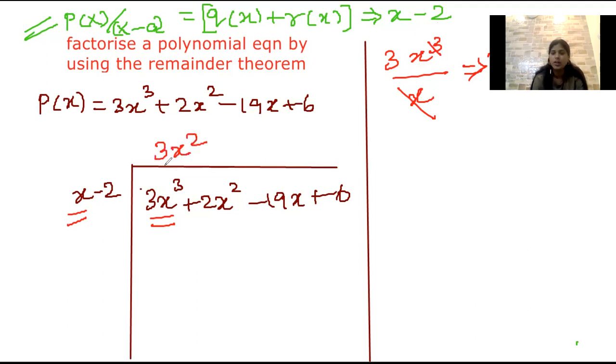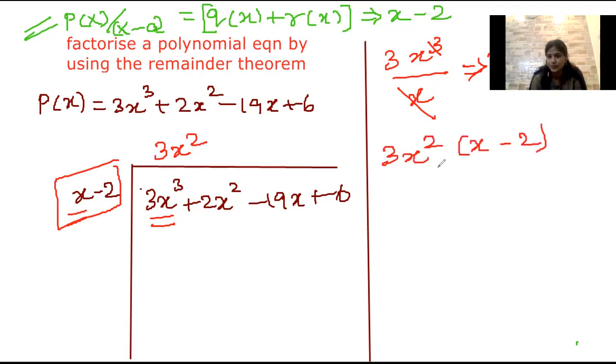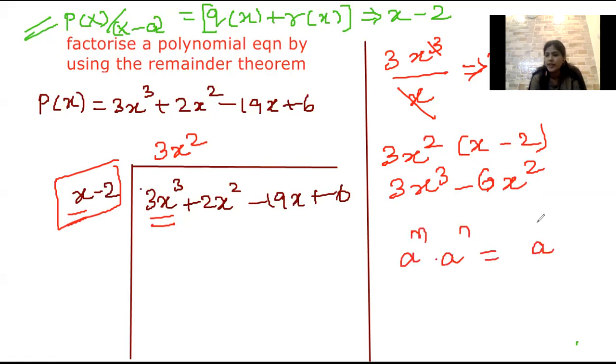So after this, you have to multiply the quotient with the factor. That is the next step. Okay. So if I do that, it's going to be 3x square times x minus 2. I have to multiply this 3x square with x as well as with 2. So 3x square into x will give you 3 times of x cube, minus 3x square into 2 will give you 6 into x square. So when you multiply the variable, you will be using this formula, a power m into a power n, where the base will be same and you'll be adding the power value alone.